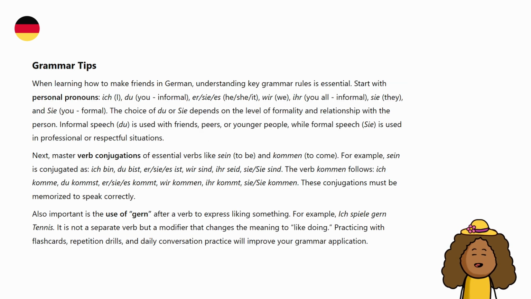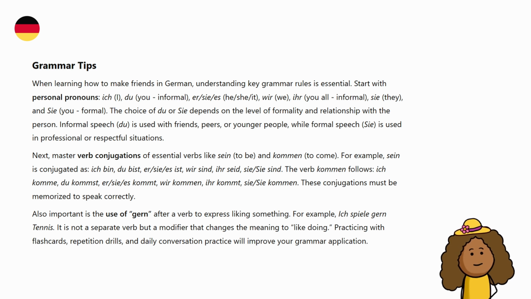Ja, gern. When learning how to make friends in German, understanding key grammar rules is essential. Start with personal pronouns: ich, I, du, you informal, er, sie, es, he, she, it, wir, we, ihr, you all informal, sie, they, and Sie, you formal. The choice of du or Sie depends on the level of formality and relationship with the person. Informal speech, du, is used with friends, peers, or younger people, while formal speech, Sie, is used in professional or